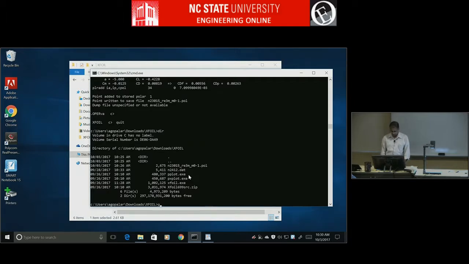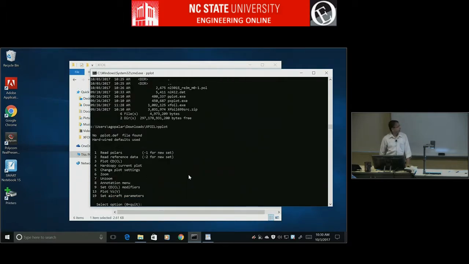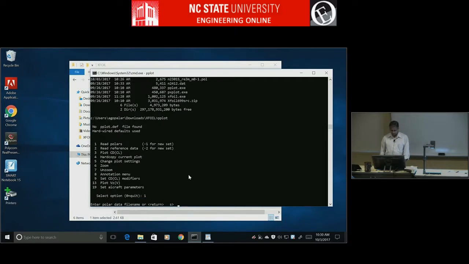So I'm going to just say pplot, and then it gives me all these options. And the first thing I want to do is read polars. So you can compare multiple airfoils or one airfoil at multiple Reynolds numbers, and you can do all that sort of thing. So I want to read polar, and my first polar is